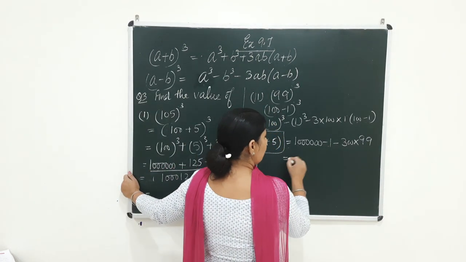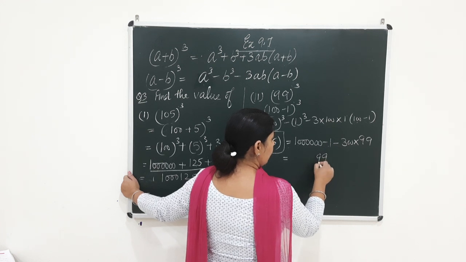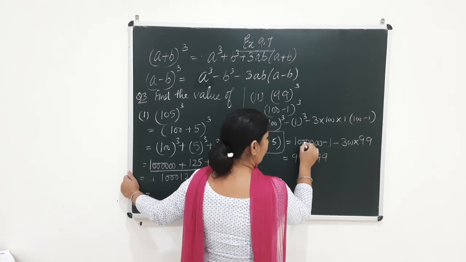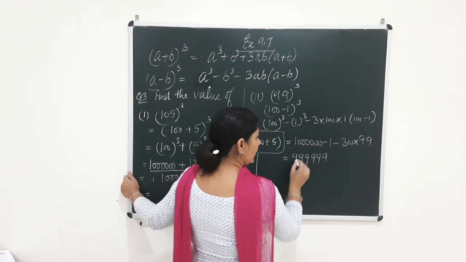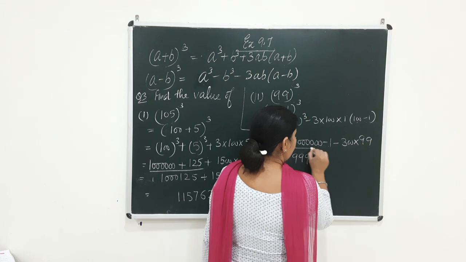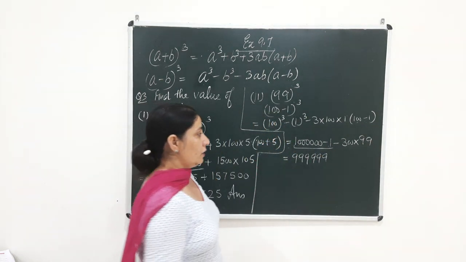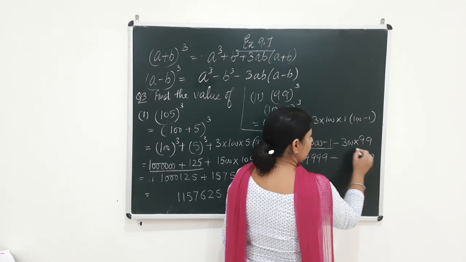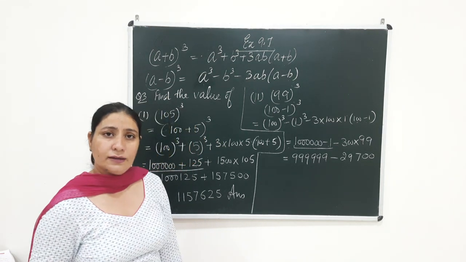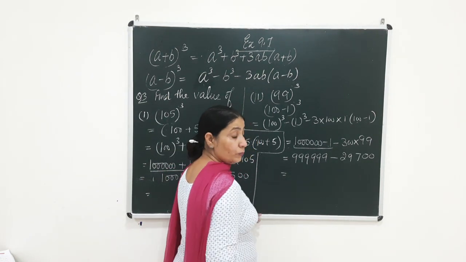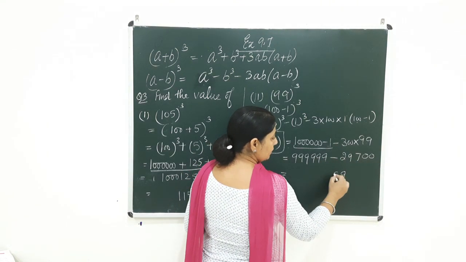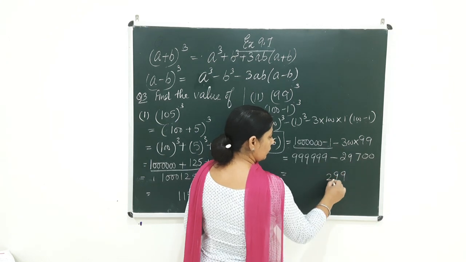So see, if you subtract 1 from this, beta, what will come? 9 9 9 9 9 and 9. 1 2 3 4 5 6, we had 6 zeros and 1, so that equals 6 9s. Now see the next calculation, minus 2 zeros, 9 3s are 27, 9 3s are 27 and 2 is 29. Now you have to subtract these. See, digit by digit subtraction: last number minus last number. 9 minus 0 is equal to 9, again 9 minus 0 is equal to 9, 9 minus 7 which is equal to 2.